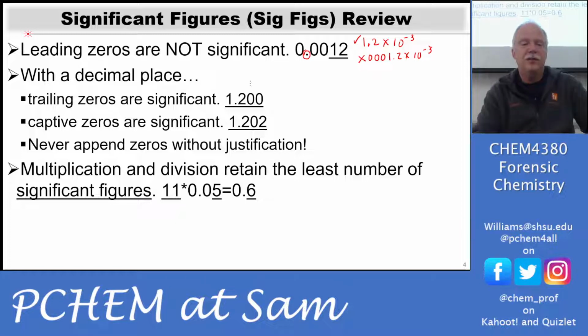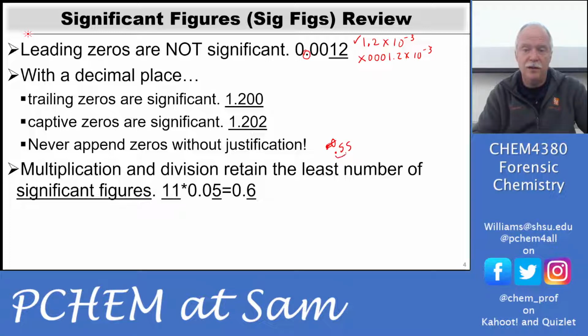They retain the least number of significant figures. So if we're looking at this multiplication, I have 11, which has 2 significant figures, times 0.05, which only has 1 significant figure. And so this is telling me that I'm uncertain. I only have 1 digit of certainty, and so that's going to cause me to round this. The result would have been 0.55. Sorry, let me erase that. Okay, but I only have 1 significant figure, so I pick the largest one, and I round there. All right, so I round this up to 0.6.